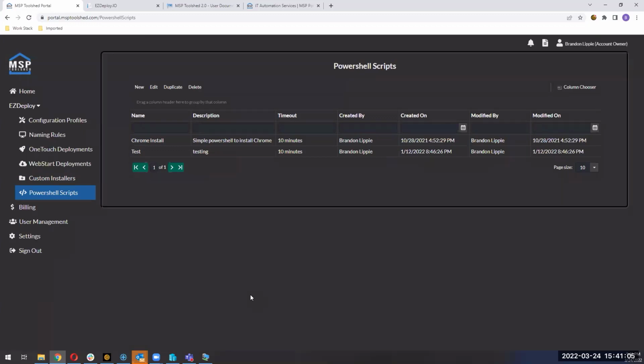I do want to mention that if you ever do end up using a PowerShell script, I recommend that you utilize something that can run as the local system account, because we are running this as a service. So if the service is running as local system account and you use something that's user specific, like for example a UNC path, if you don't have the